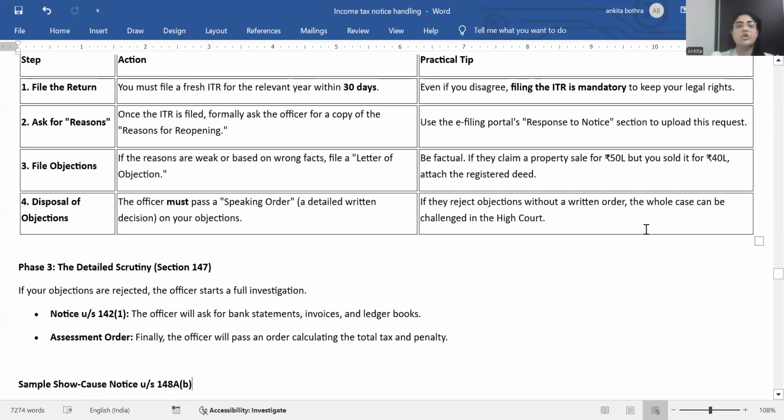So you can ask for a detailed letter of objection. And if your objections are rejected, then the officer will start a full investigation. Notice under section 142(1), the officer will ask for additional documents. After starting detailed scrutiny under 147, they can issue a notice under section 142(1), which says that they can ask for